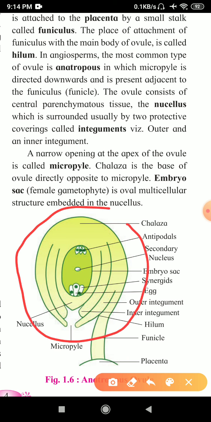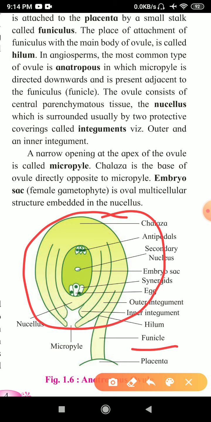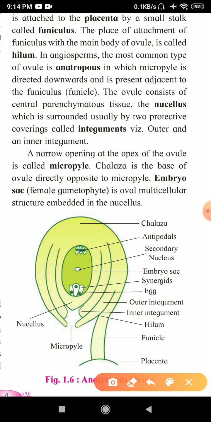Now the stalk is also called the funicle. It connects the ovule to the wall of the ovary. It is responsible for providing the nutritional support to the whole body. Inside this stalk, there is a fertile structure present. This is called the placenta. This placenta is responsible for providing nourishment to the developing body of the ovule. Now we will study each and every part in the body of the ovule.